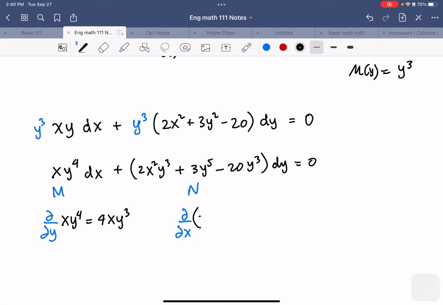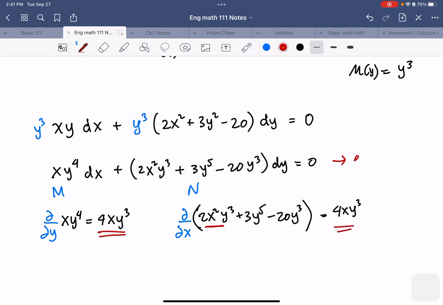Okay, this is quite long, so we need to write exactly. But since it's partial with respect to x, we only have the front part here, which means it's 4xy cubed, and it's exact. So it's now exact, okay? Now this is an exact equation,